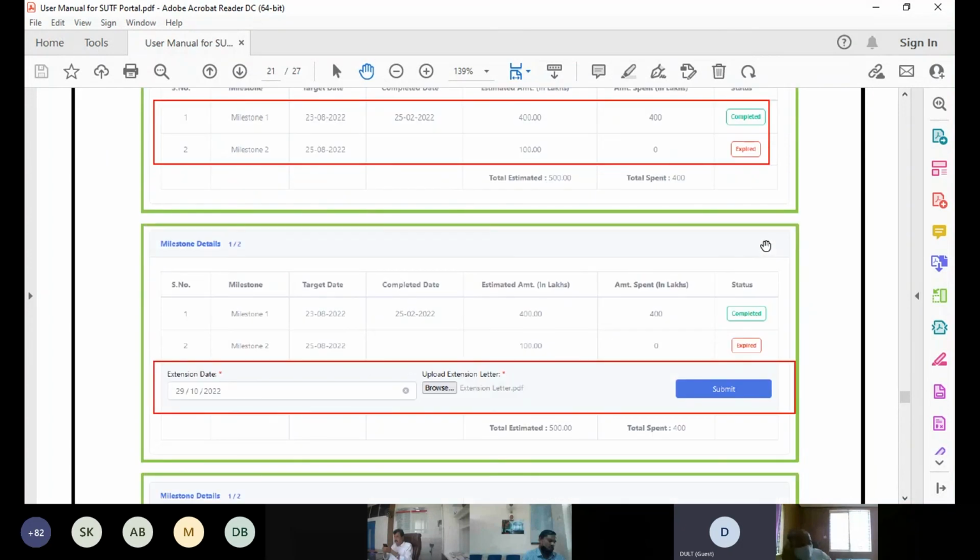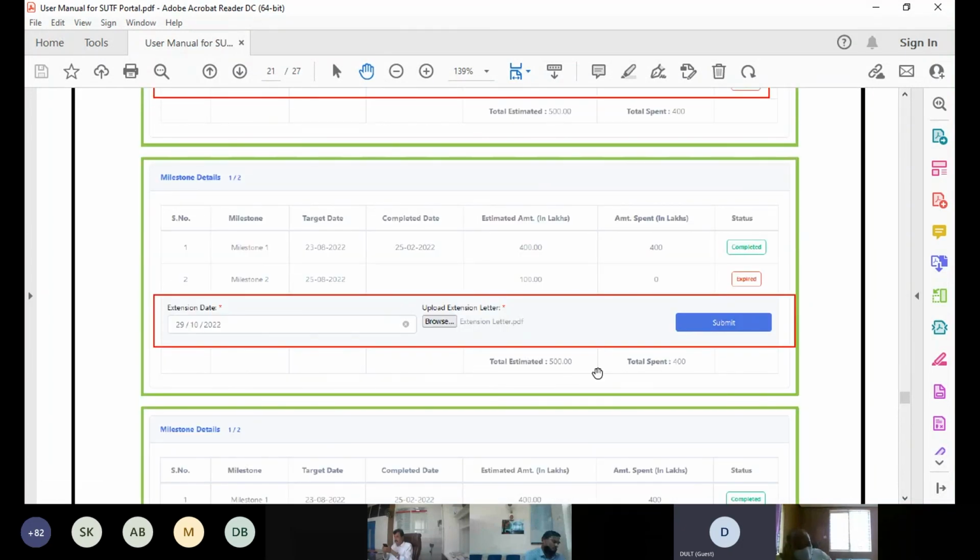Once you click on that tab, this tab opens where you are requested to fill in the extension date. By what time you think you might finish milestone 2, you are expected to enter that date. And also we have given a provision to upload an extension letter.